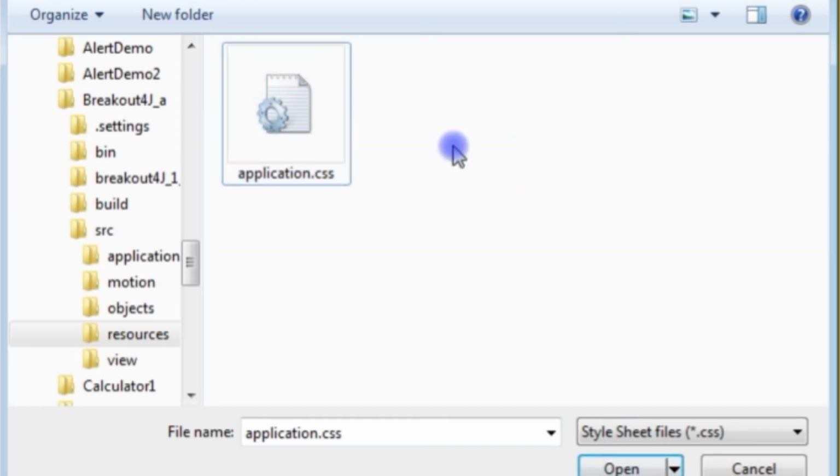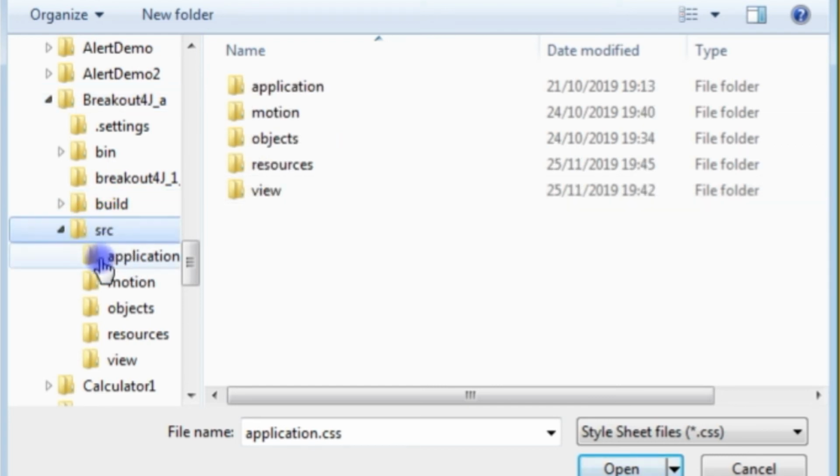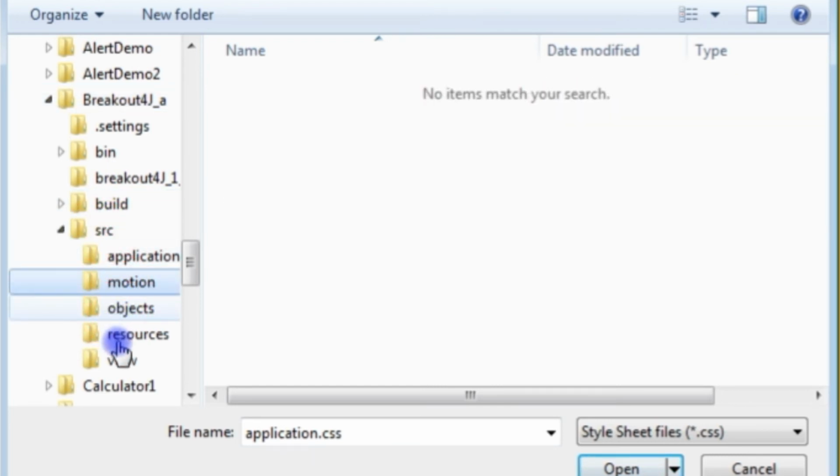So I didn't explain this earlier. When I say we open this file browser, what I'm actually looking at is the project may be in Eclipse, but all the files are actually stored in folders. So when you set up Eclipse, you say where you want your workspace to be, and then it creates folders for each project, and in there each package you create creates a folder under there. So there's my Breakout4J_A project, and then I've got my source folder there, and then I've got application, motion, objects, resources and view,